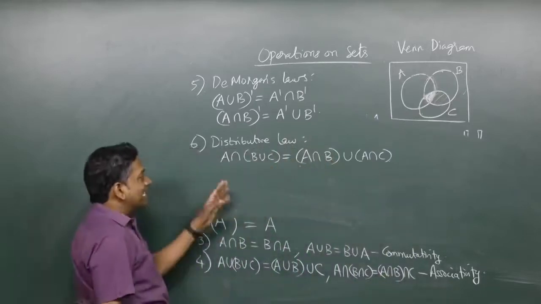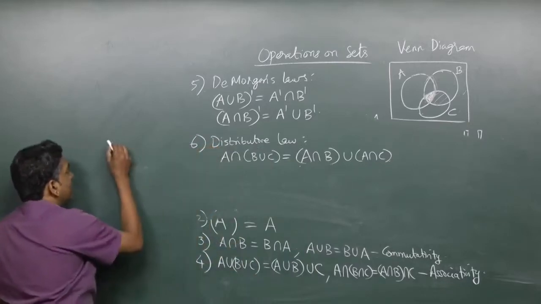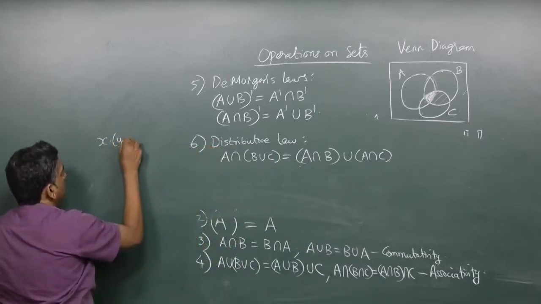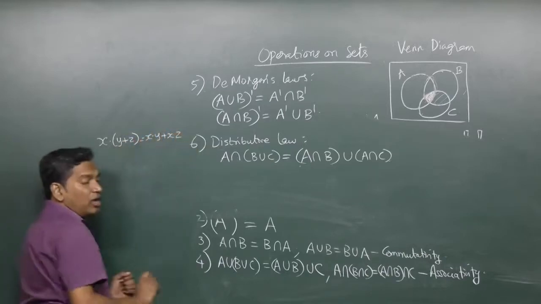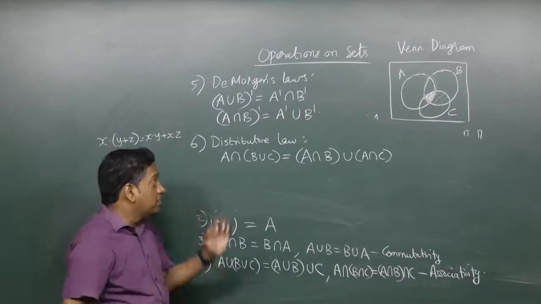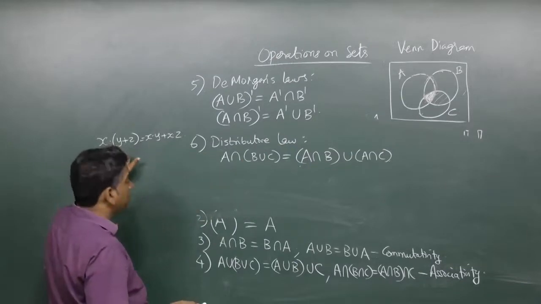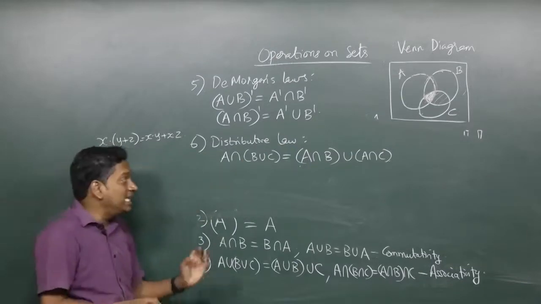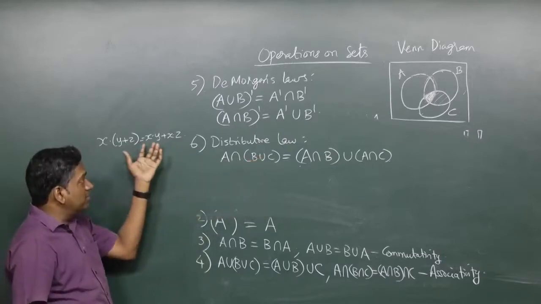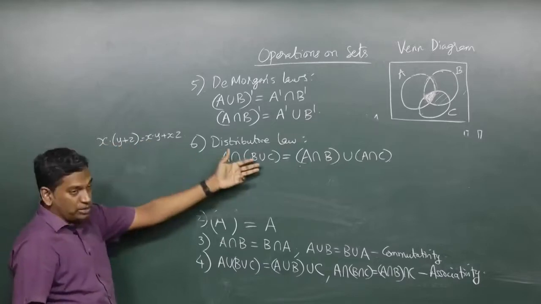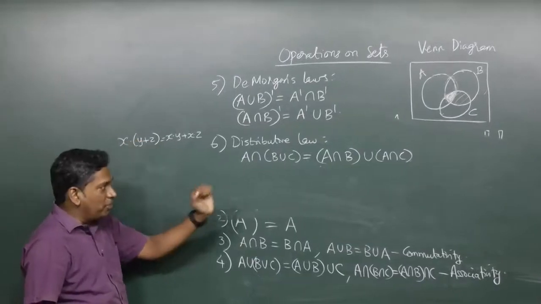Okay. Now the reason it's called the distributive law is because it is in some way similar to x dot (y plus z) is x dot y plus x dot z, which is a law that we know is true for numbers. But here we are not talking of numbers, and the operations are not multiplication and addition, but we can see that the intersection operation behaves like the multiplication symbol for this law, and the union operation behaves as if it was similar to the addition operation.